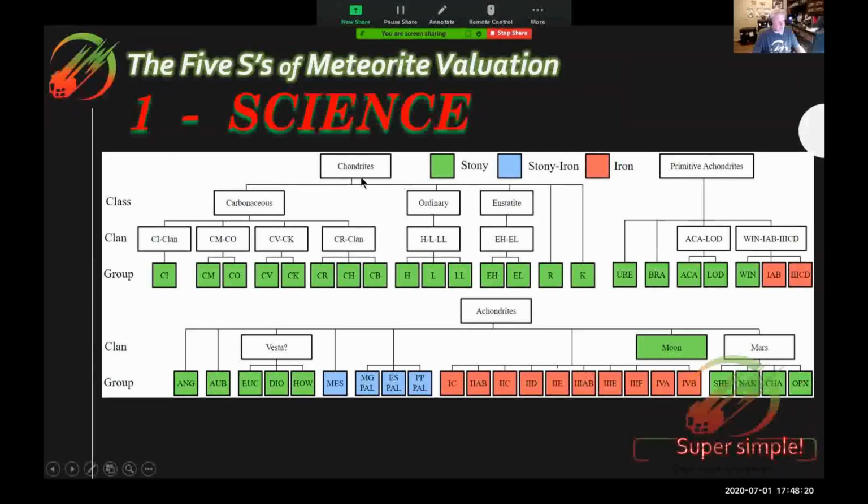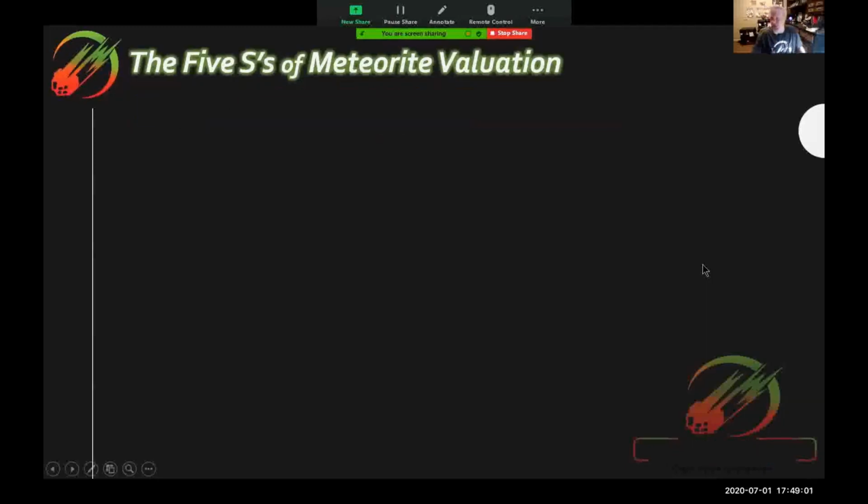Now the stonies, I'm sorry, the chondrites break down, I guess they didn't, I guess they did, yeah. But within the chondrites, we have ordinary chondrites, which is most of what we're going to be looking at day in and day out, the H and LL and L chondrites. But they also have the carbonaceous clans as well. And then they're broken down into groups. So you have all your type groups down here. Primitive achondrites, where you have eucrites, brachinites, lodranites, winonaites. We got all kinds breaking down here, even lunar and Mars. So it's super simple. But that's the first step